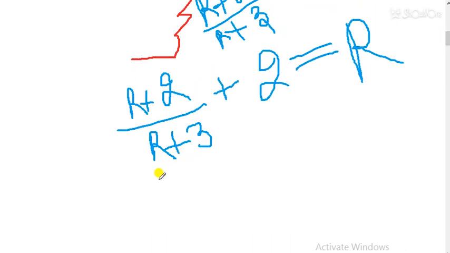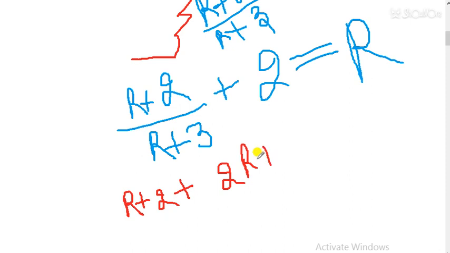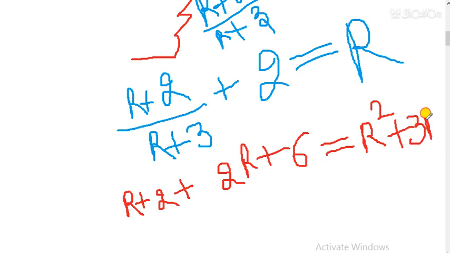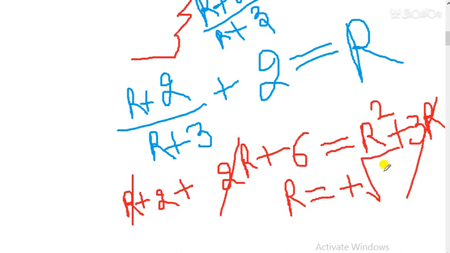We make the quadratic equation and solve it to see whether our answer holds. So on the left-hand side: R plus 2 plus 2R plus 3 2 6 equals R squared plus 3R. So students, in this question again you can see 3R and 3R cancel out, so your R comes out to be plus minus 8, so R will be plus under root 8.